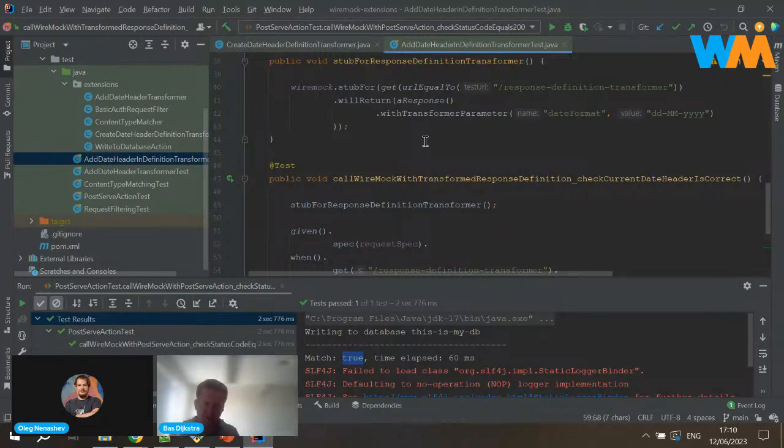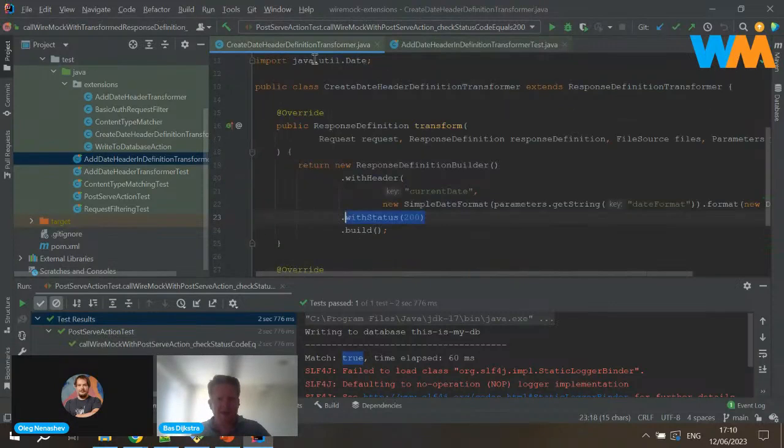So a definition, an extension that adds some properties and that can potentially add properties to lots of different responses, all defined in a single place.